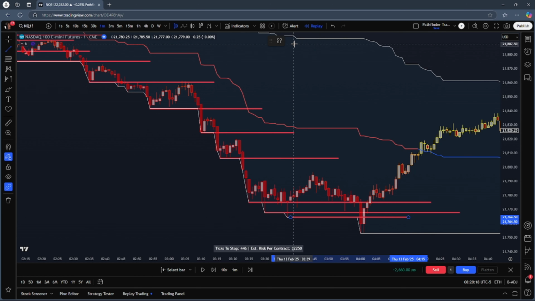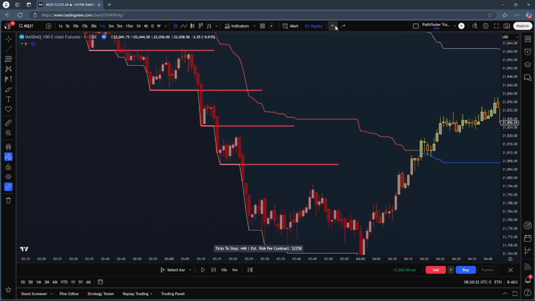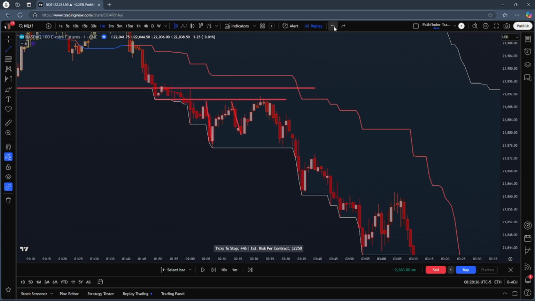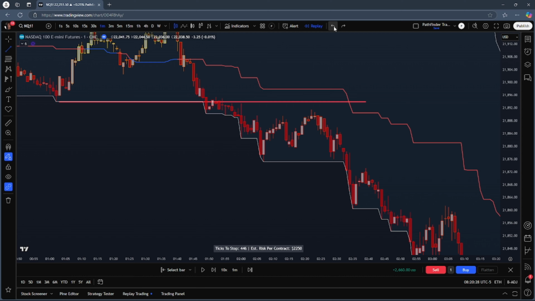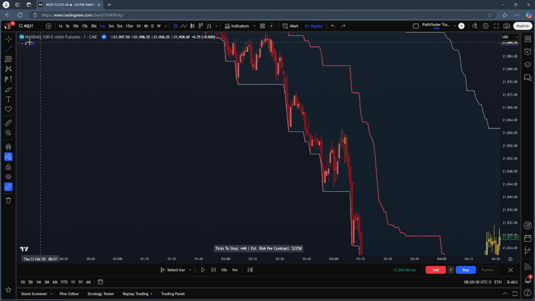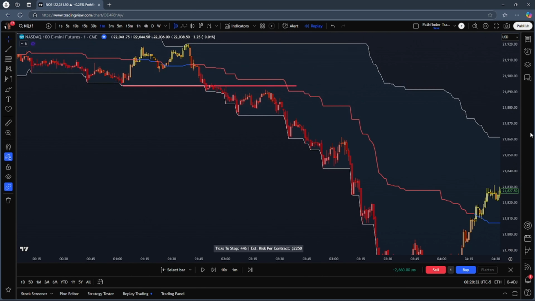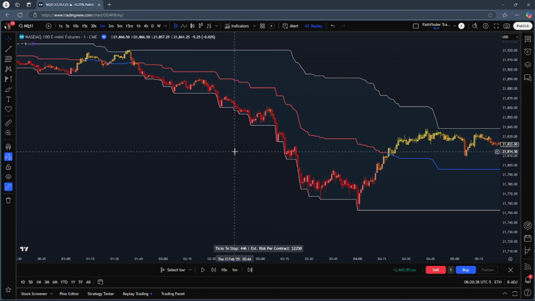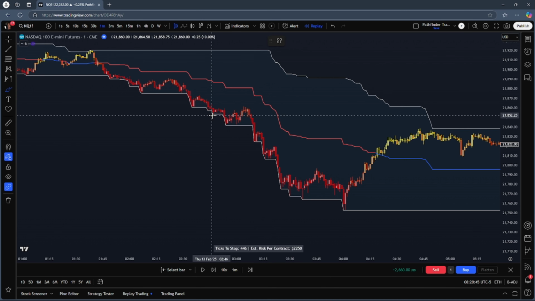But there's another way to know when these moves are over, and you should no longer be looking to trade them, okay? Because what will happen is people will be taking these moves and they're making money, and then all of a sudden they're taking the same moves in the market, but the market has shifted and they're still trying to sell the market, and they're no longer winning. And why? Well, I'm going to show you why. If you look